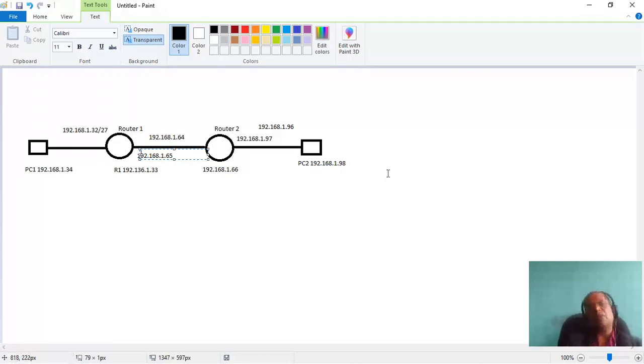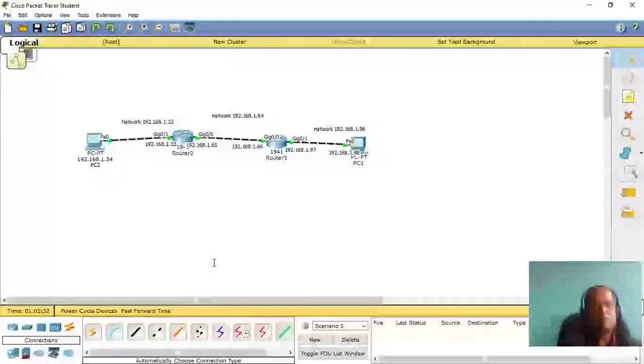So keep this picture in mind, and then we will go to Packet Tracer and then try to implement this one, where we will be learning one more concept called routing, right? So simply configuring these IP addresses on the routers and the machines will not allow the network to communicate between each other. So we will go and learn one more additional concept called static routing, which we will be using. There is also what is known as dynamic routing, right? But for the purpose of initial learning, we will use the static routing, and then we will see how the end devices communicate with each other using the subnet concept.